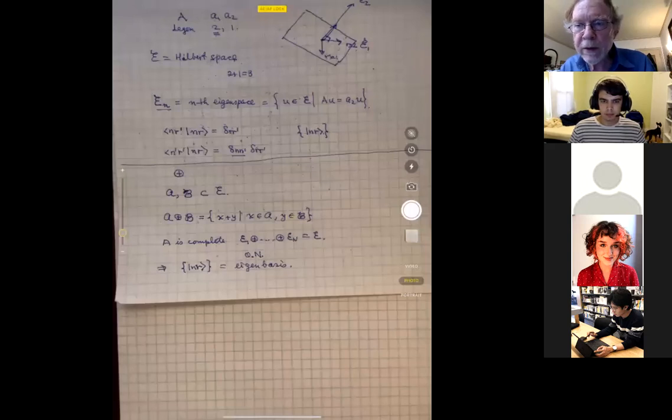But there are some things that are different. There are new features that are introduced in infinite dimensional spaces. And what I'd like to do now is, by way of example, just go through some of the things that change. By the way, one of the things that does not change is the following fact: